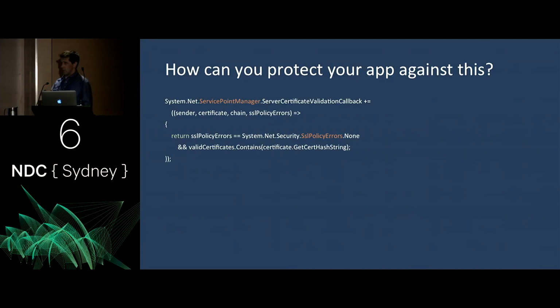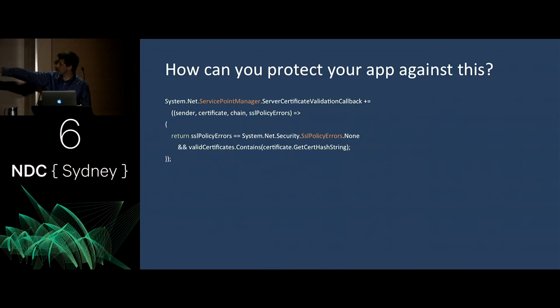If you're calling that from within an app and you're not doing this, then any one of those failure reasons will just cause the comms to fail, and you won't get through. If you want to give your user any kind of choice in the matter, this is how you'd intercept it.